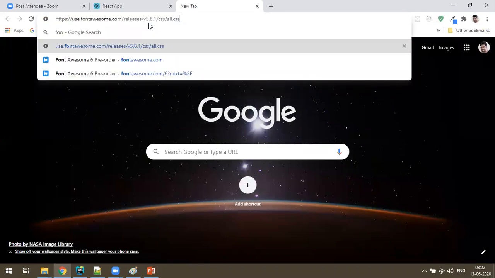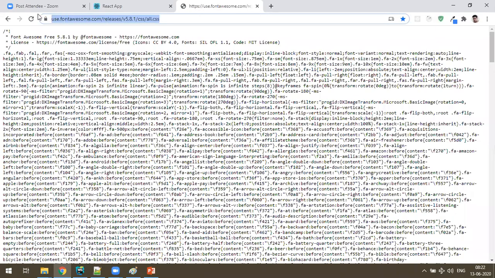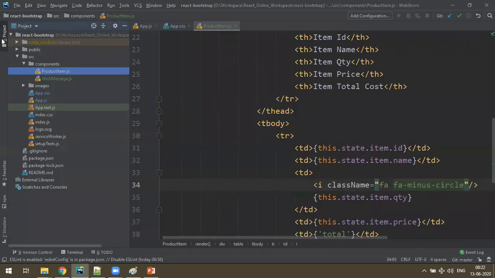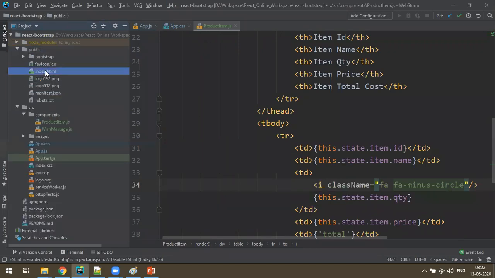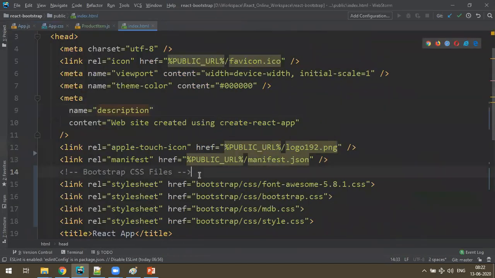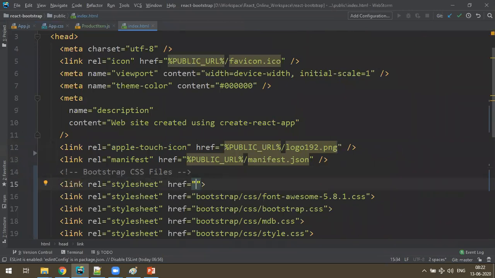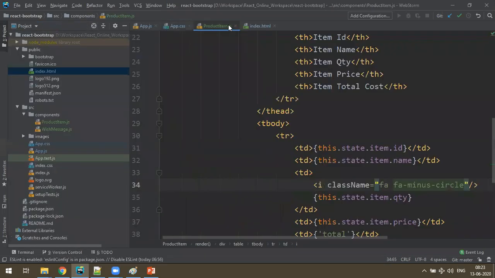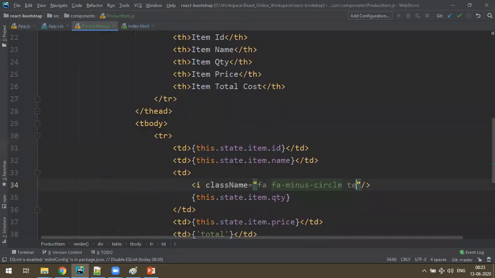Do one thing. One small thing you have to do. For the font, you have to give the online link. Okay, so that we forgot actually. We gave only the local link. You have to give the online link to actually get the new fonts. Okay, go back to index. Don't worry, I'll share this index link. So you have to give the online link as well along with the local link. You must give the online link as well to get the icons. Yes, I got the icon. Back to here. Let's make some nice color. So text primary.